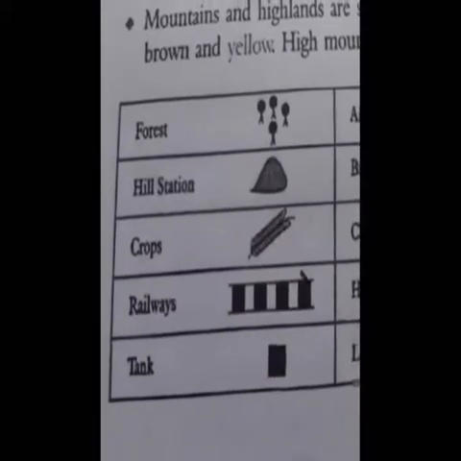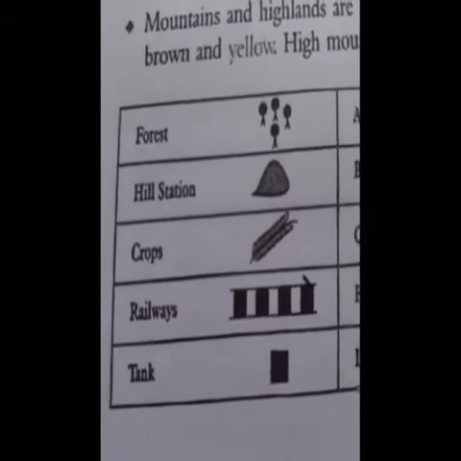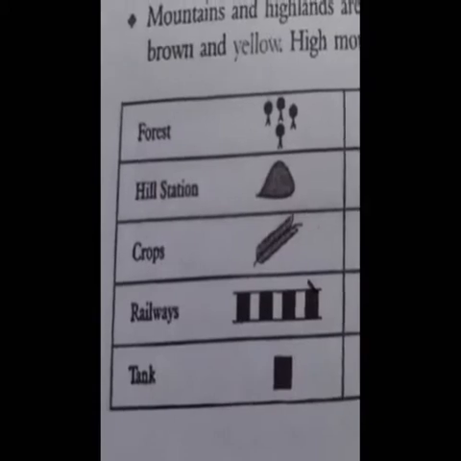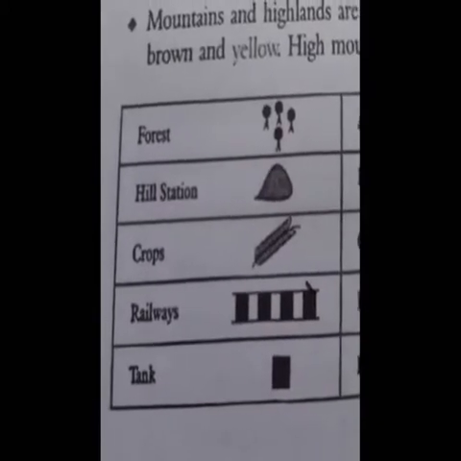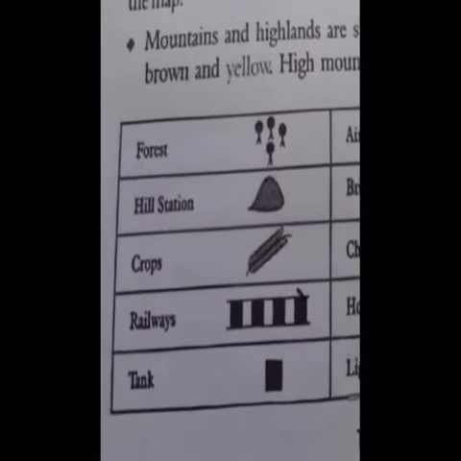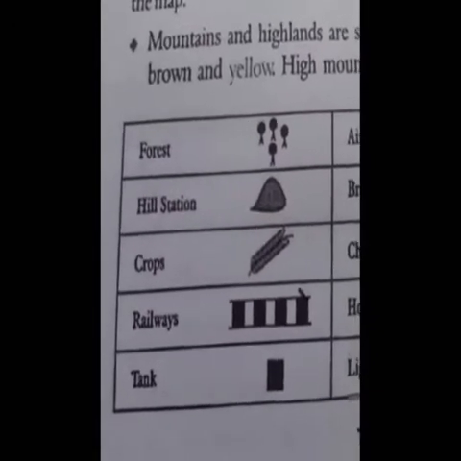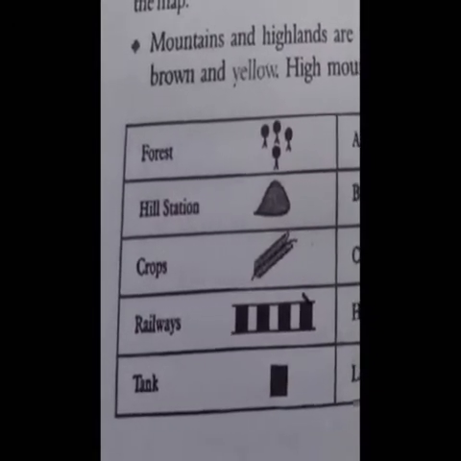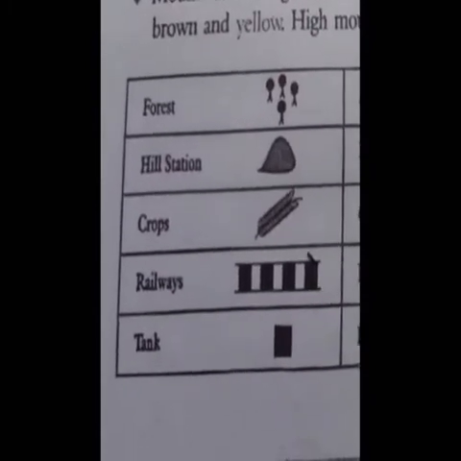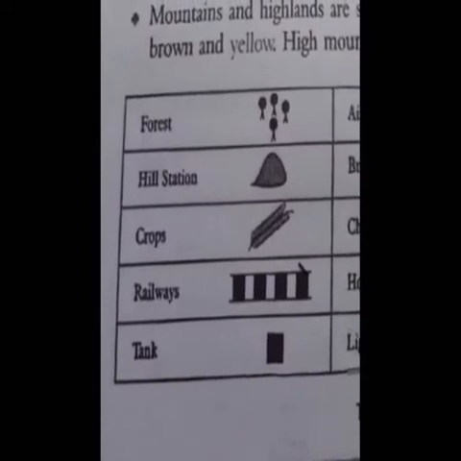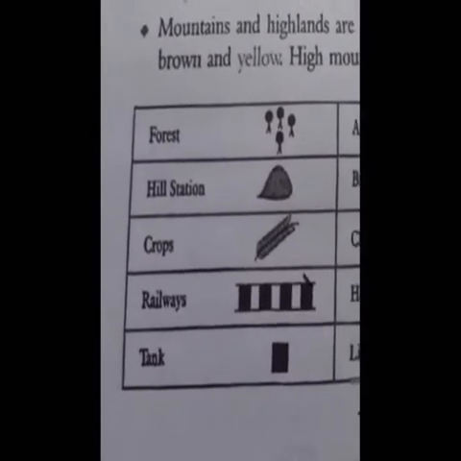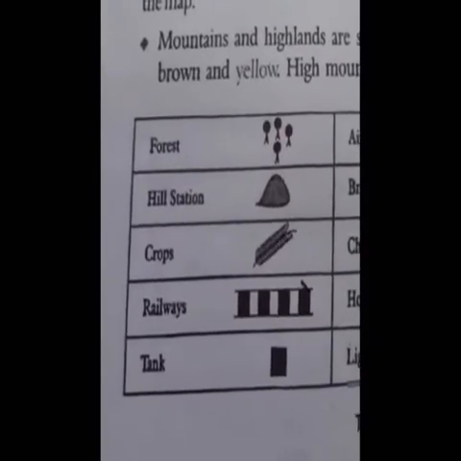Next is colors and symbols. A map has certain standard colors and symbols which are used to show different physical features like rivers, ponds, hills, mountains, plains, valleys, deserts, plateaus, or islands on a map. All maps follow a common scheme of colors. It is important to know about these colors and symbols. They help us to read the map.